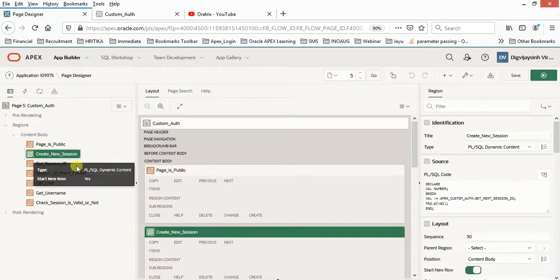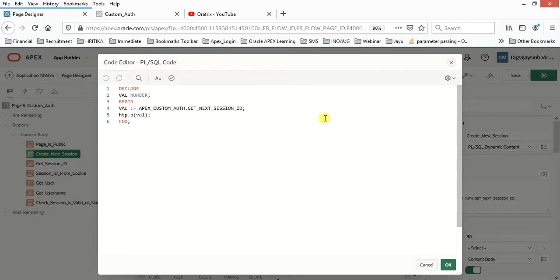Next is creating a new session. Suppose we are working on a session state management application, for example a shopping cart. Then we may need to go for a next session. We can use apex_custom_auth.get_next_session_id.